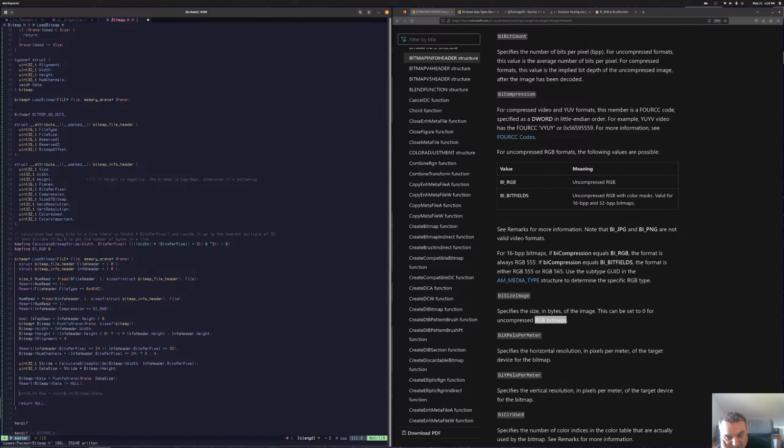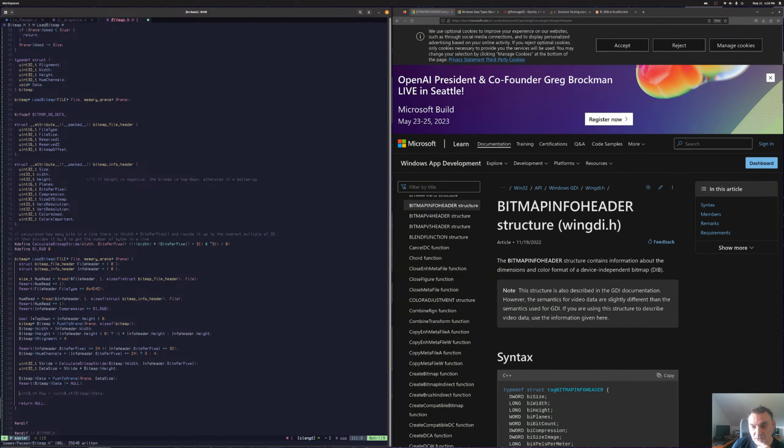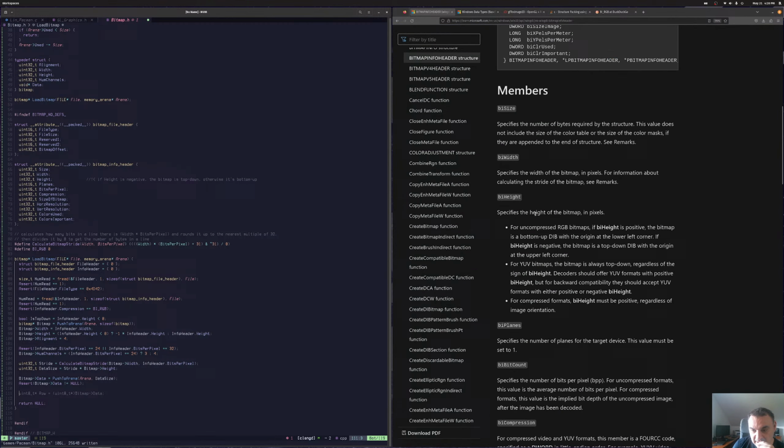If it's a top-down image, let's see how to do that. So it's a bitmap info header. Height is going to be, for uncompressed, if BI height is positive, the bitmap is bottom up, with the origin at the lower left corner. So that probably means that the first byte in memory is my first